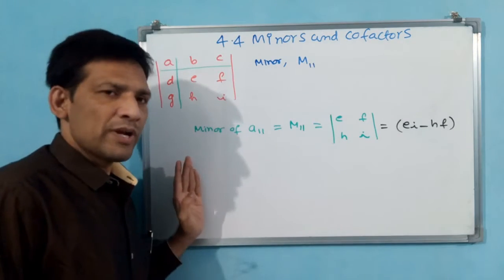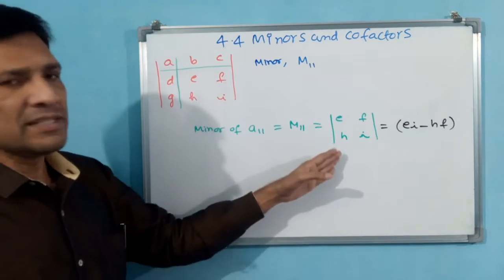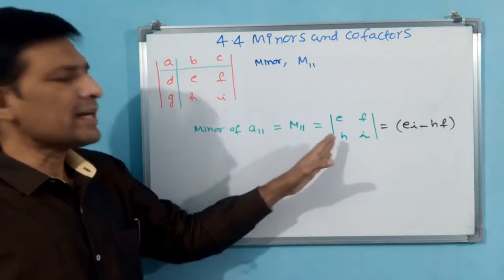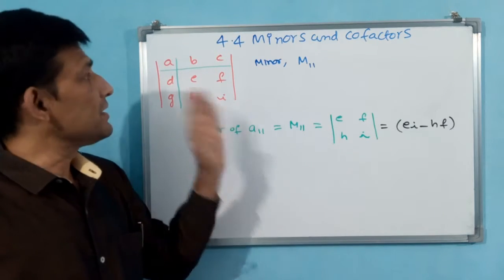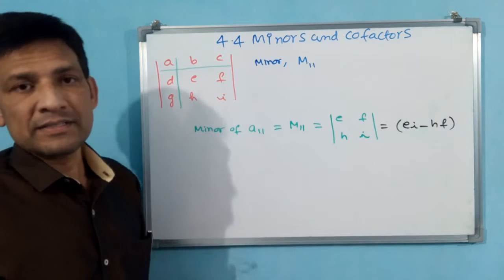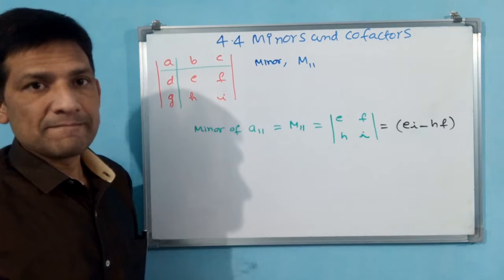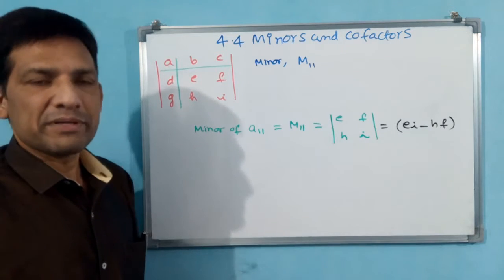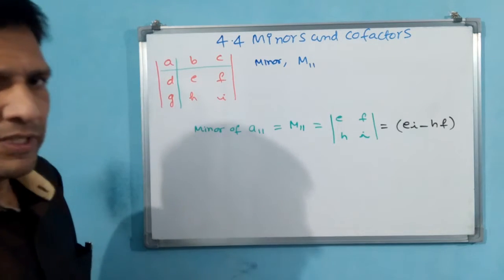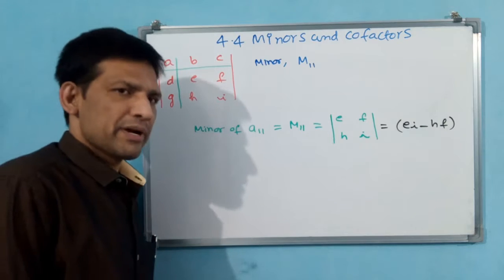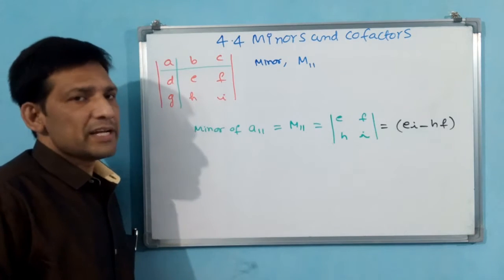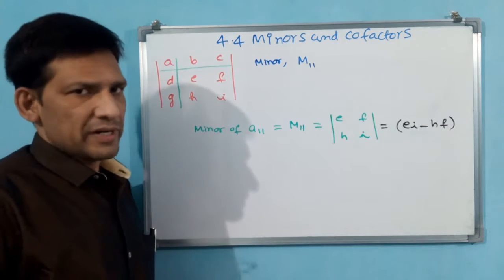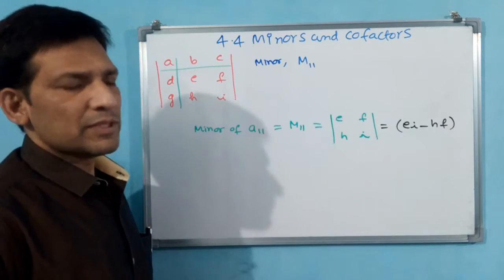Have we done this earlier? Yes, definitely. This is like a 2 by 2 determinant. In a 2 by 2 determinant this is direct. But in 3 by 3 we are writing an expression, and this is also a number only. Why? Because always we take real numbers only in a determinant. Some number or value will come.